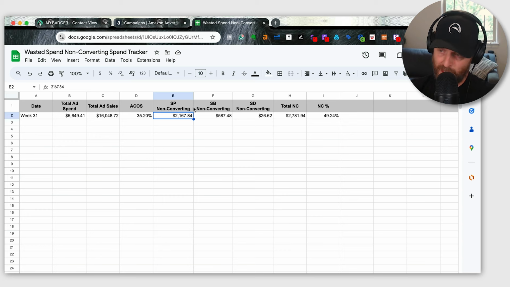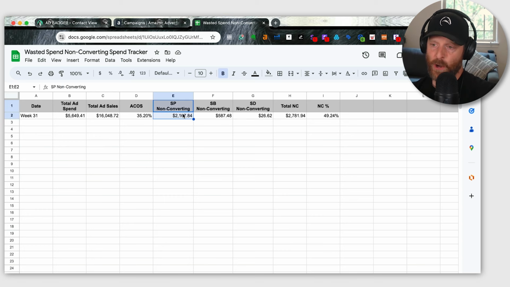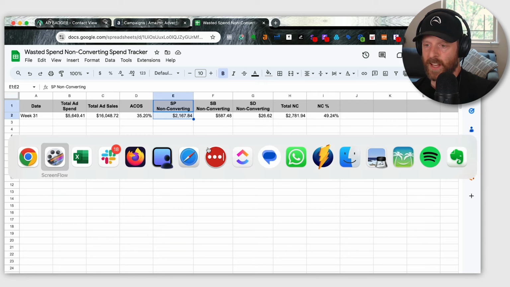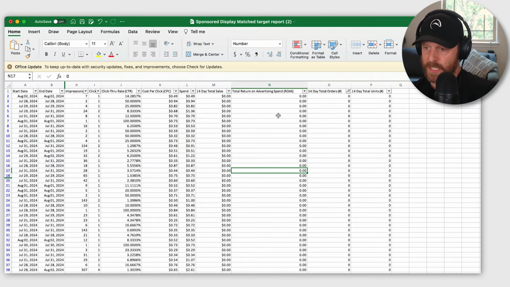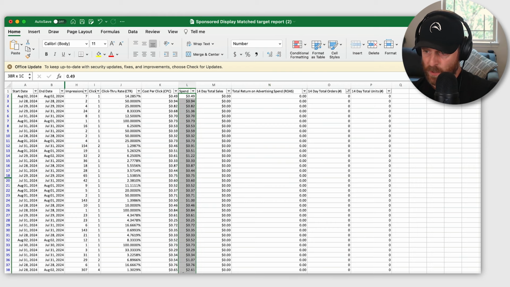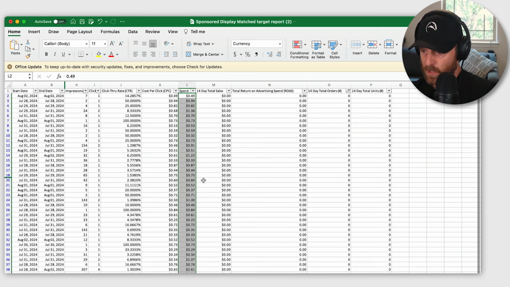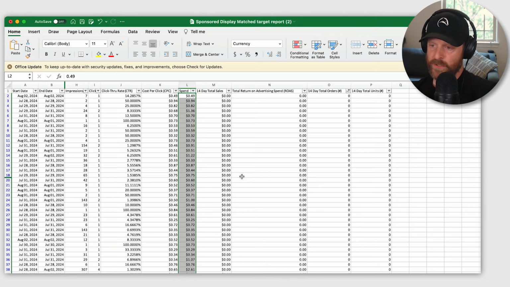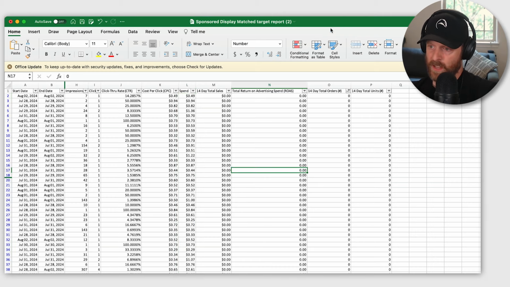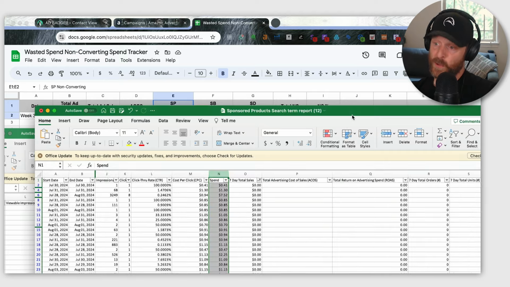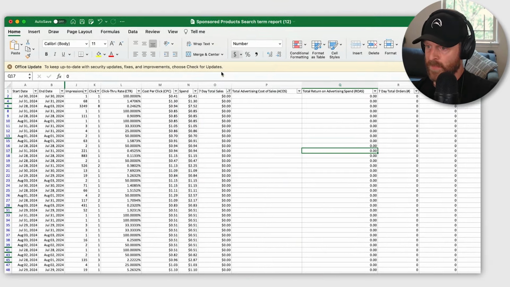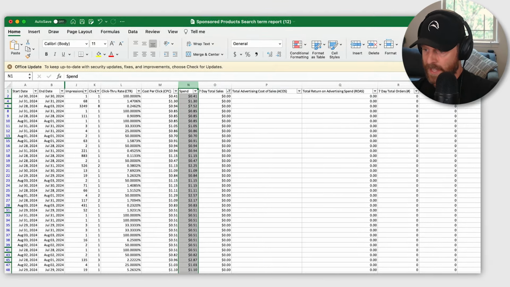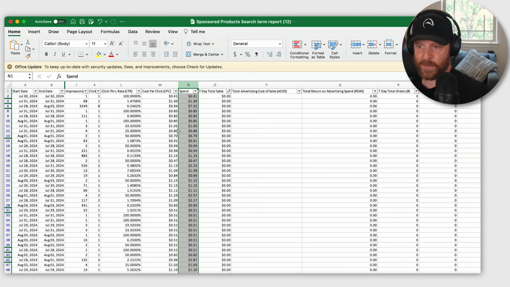Now, if your first reaction is, well, let me just go in and pause everything that has a lot of spend and no orders, you might be going in here and noticing that your sponsored display is full of a bunch of things where the average is 72 cents. So on 37 search terms, the average is 72 cents. So it's like, well, that one wasn't a big one, you might say. Well, let me go over to my sponsored products. The average spend per search term is